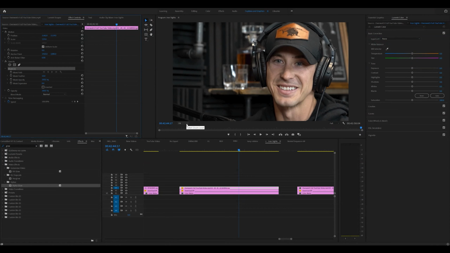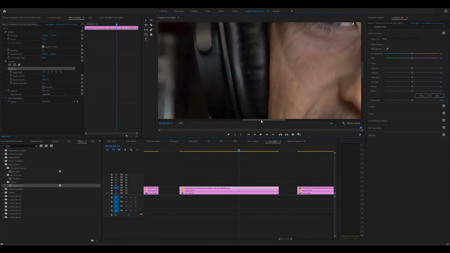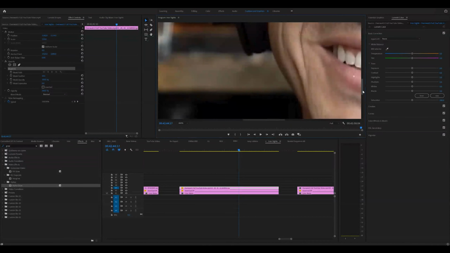All right, I like to change the image size to 400 so I can really get up close, because you're going to be using this pen tool to create your mask. The closer you are, the more accurate it's going to be. And then we're just going to go ahead and click on a point where we want to start our masking process, and we're going to be going around and dropping in these little frames